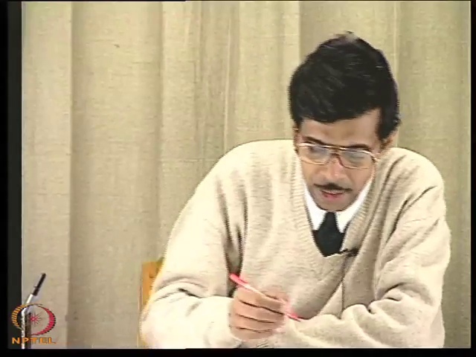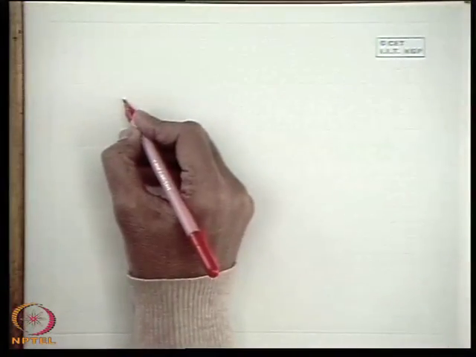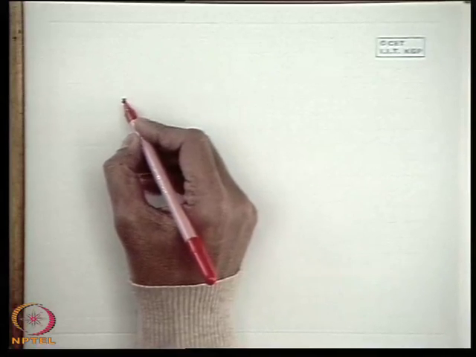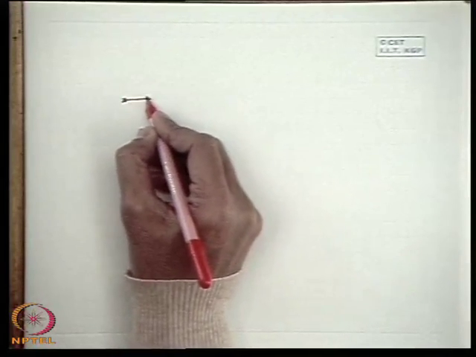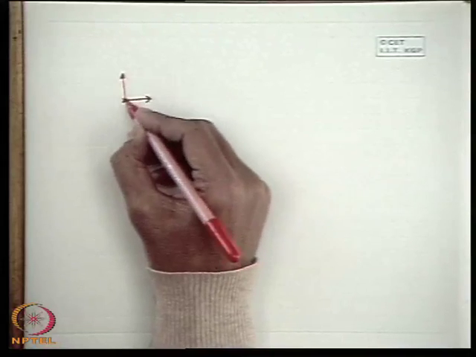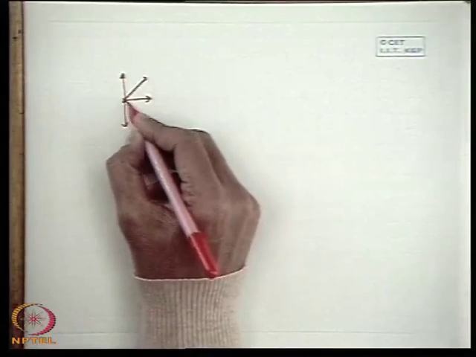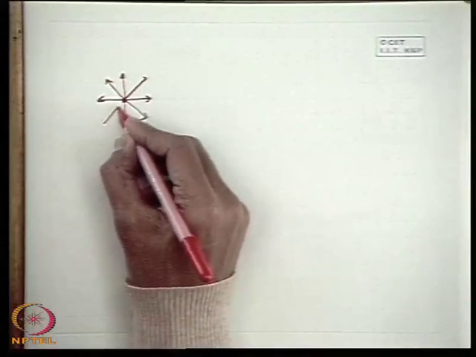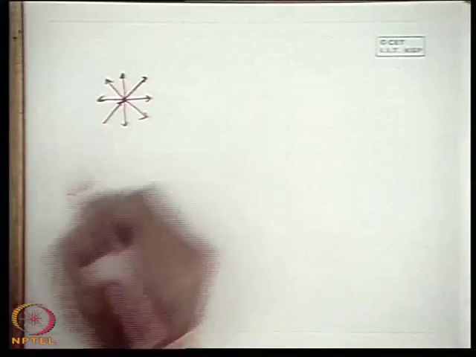Last class, if you recall, we discussed the stream functions, the velocity potential functions, the streamlines and the velocity potential lines, the equipotential lines, for source and sink flow. A source flow is a flow which, in a two-dimensional plane, can be thought of as a line source seen end on as a point, from where the fluid is coming out uniformly in all radial directions. This is a source, and a sink is the reverse, where the fluid approaches a point uniformly from all radial directions.